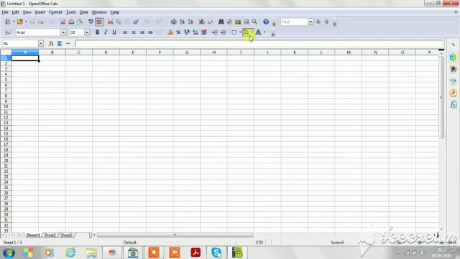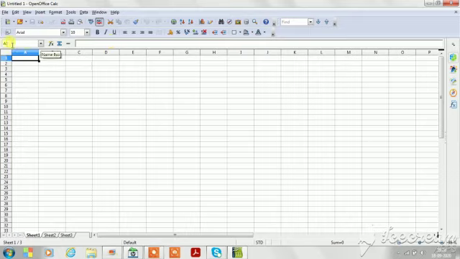Next are the two toolbars. A toolbar contains buttons that we can use to select common commands such as save and print. Next is the formula bar. This white blank space is located at the top of the sheet in our Calc workspace. It is used to enter and edit formulas and perform calculations on our worksheet data.